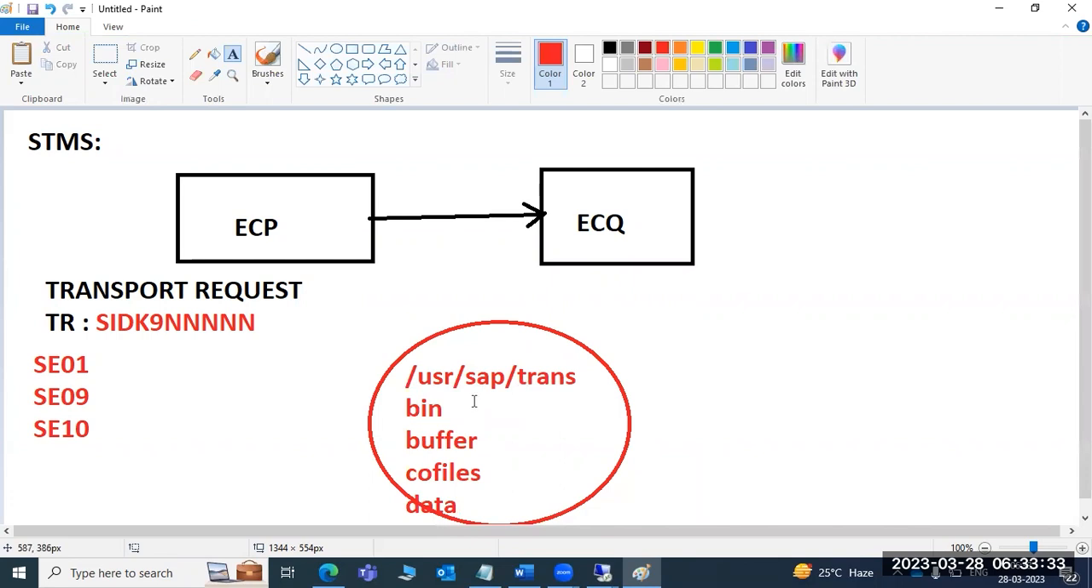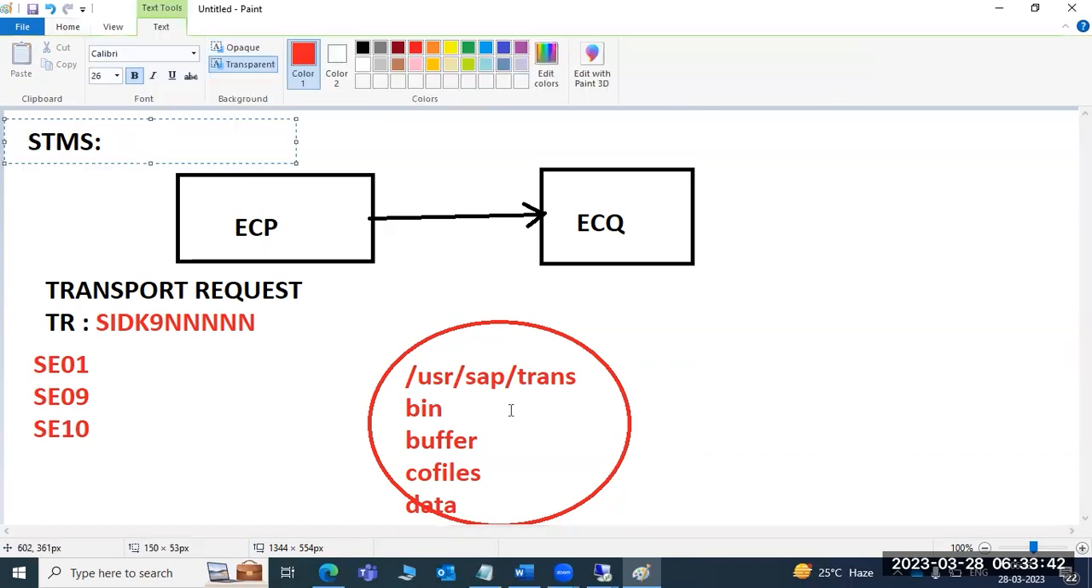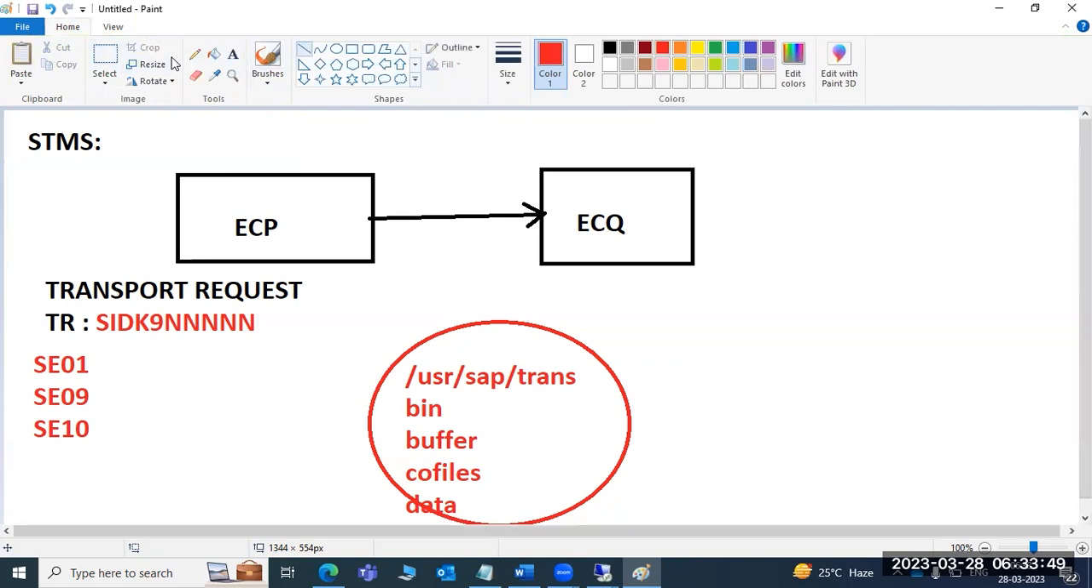So what is meant by trans directory? Why is this related to the transport? STMS is related to the trans directory only. Okay. So whenever you are doing the configuration, it will generate all the TMS configurations, everything under the bin folder, right? Transport bin folder. And whenever you are importing the transport request,